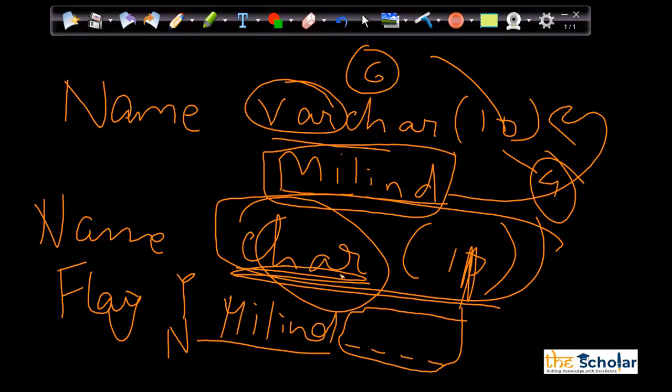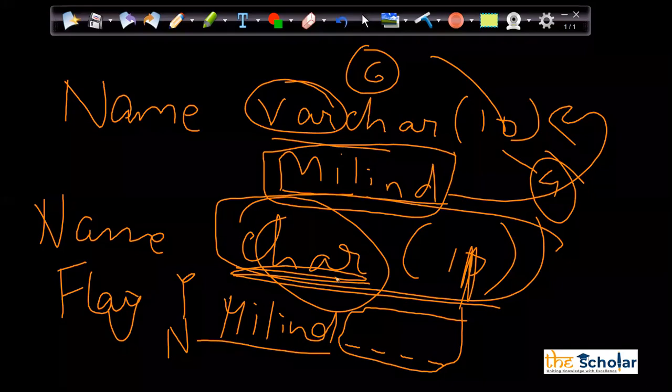Or let's say I know that in my column I can have only three characters of data. For example, country code, IND, PAK, NZ, or something. Three characters. So in that case, I can go with char as well, because I know that in my data set it will only get 3 characters. So I can go with char 3. That type of columns we prefer to go with these data types.